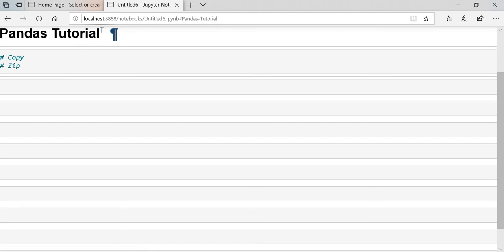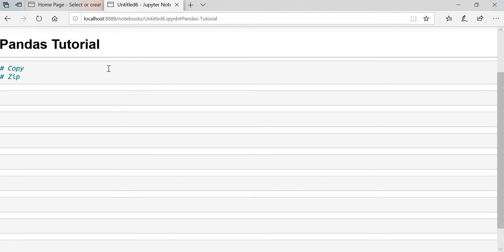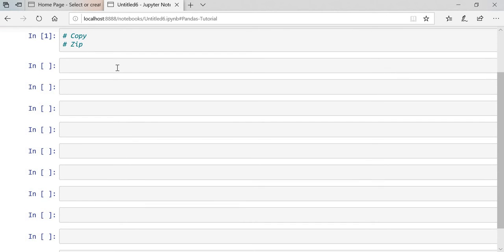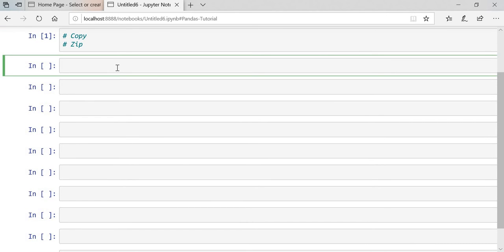This is not a pandas tutorial. It is very important, this copy and zip function. Let's say we create one list here, and execute this.